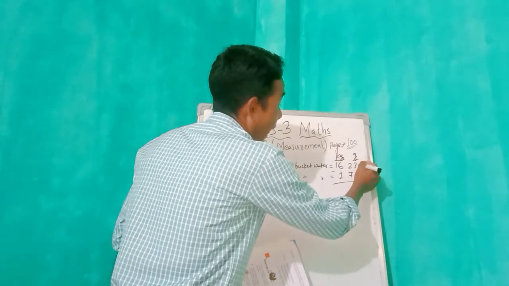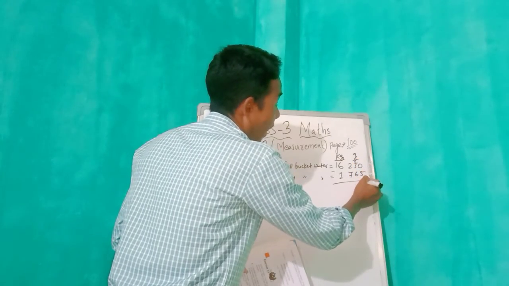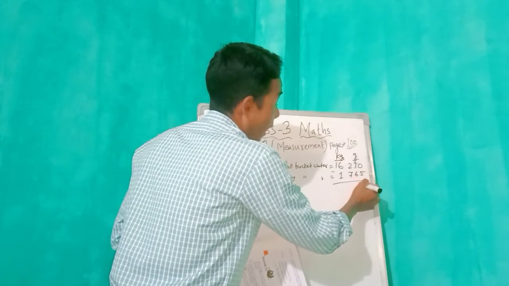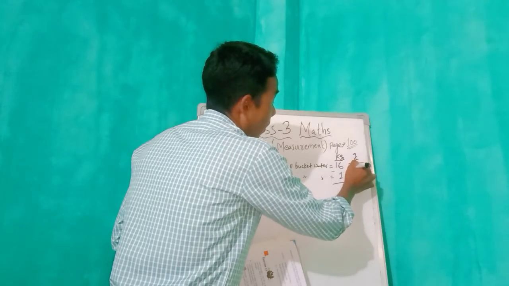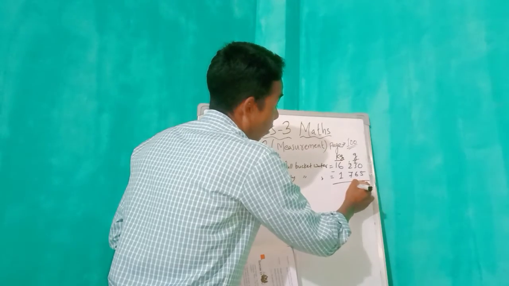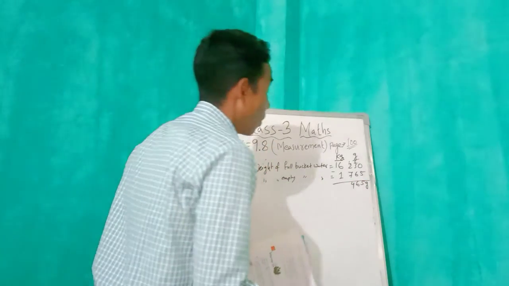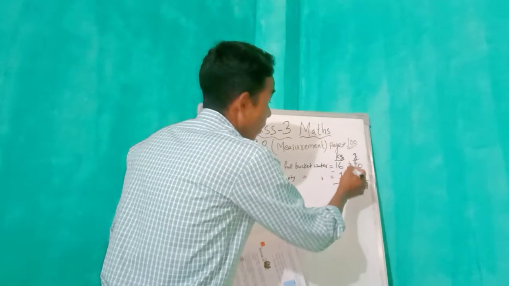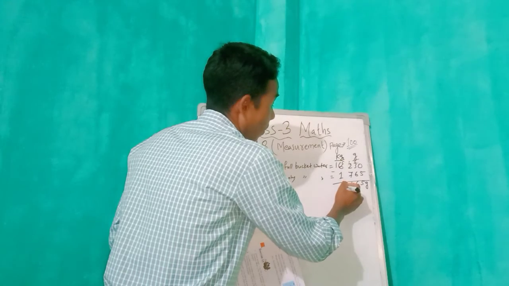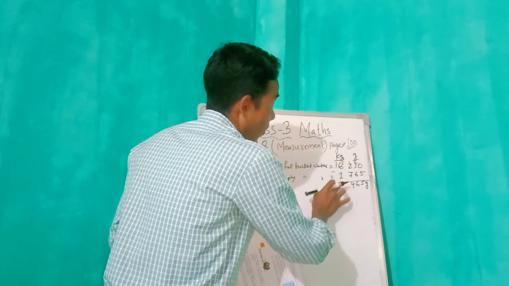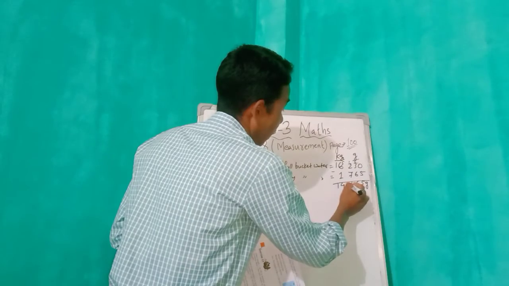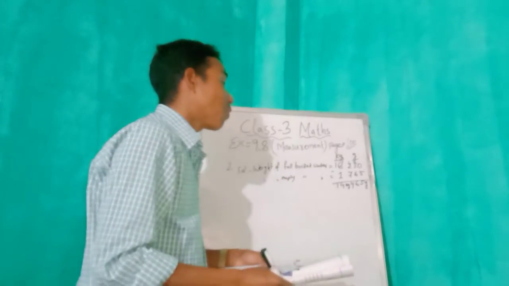Now from 10, if you minus 5, then 5. This is gram. From 12 you minus 6, 6. From 11 if you minus 7, 4. So from 5 if you minus 1, then how much? 4. And this one will come down. So this is kg. That means 14 kg 465 gram is the